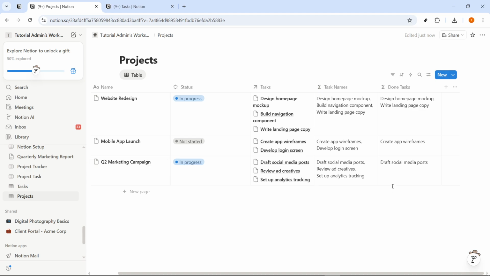Once that formula is in place, click outside the editor to save it. For Website Redesign, you should now see Design Homepage Mockup, Write Landing Page Copy, because those are the completed tasks